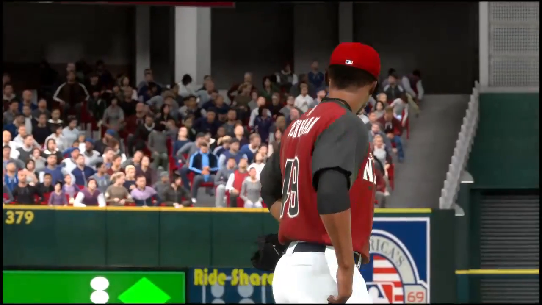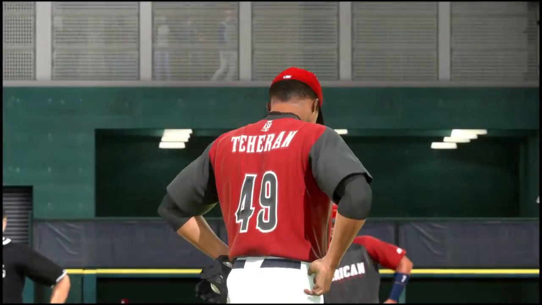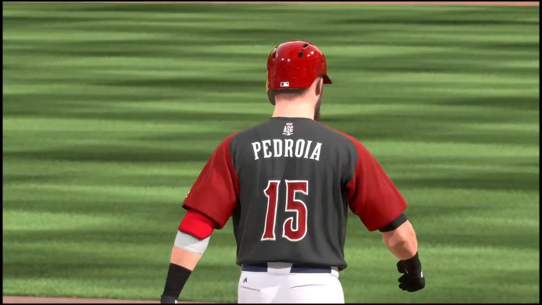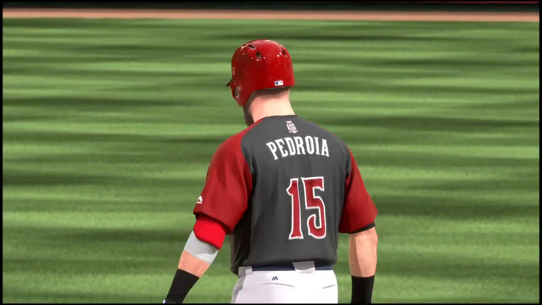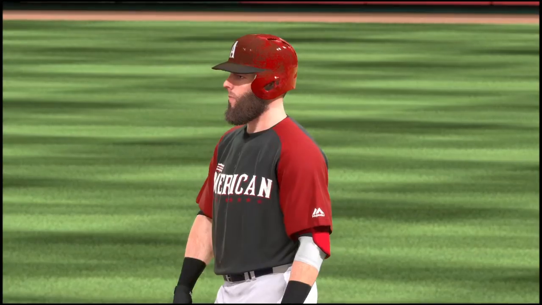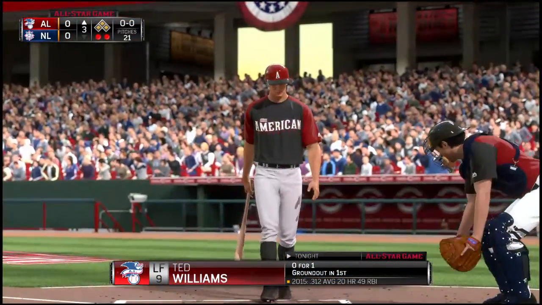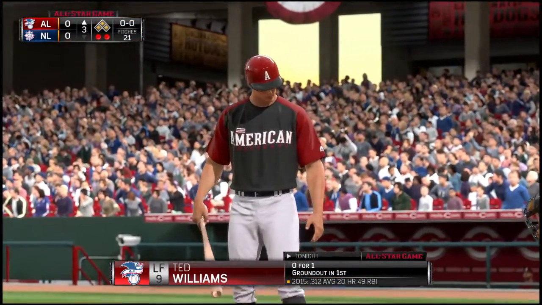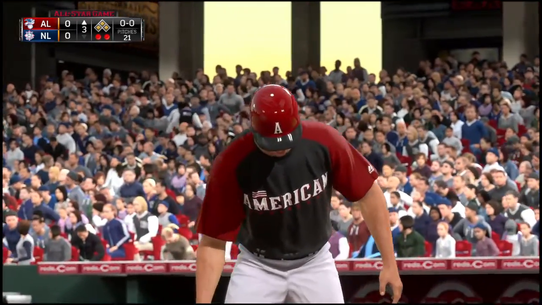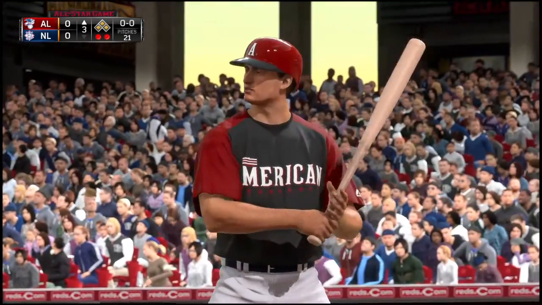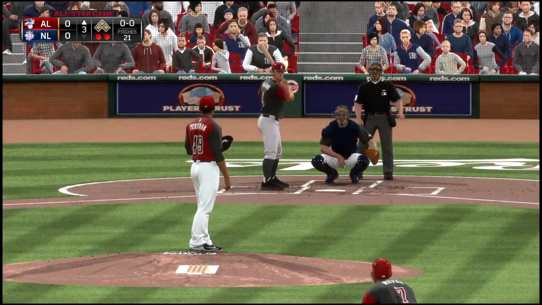Well, we knew he had to work carefully with the runner in scoring position, but I don't think a walk was what he had in mind. That's going to make things just a little trickier now with the bases loaded. Ted Williams will get a chance here in one of the bigger spots in the ballgame thus far. Bases loaded now with 2 away.